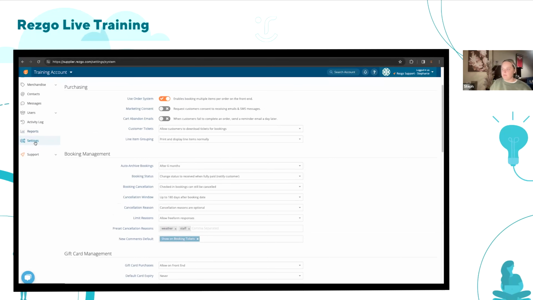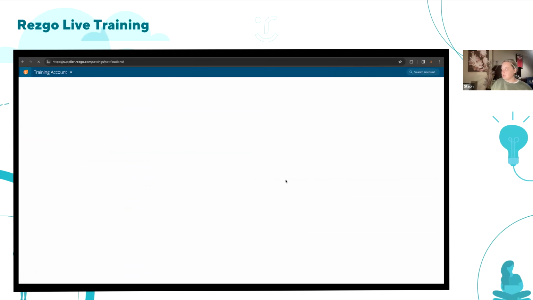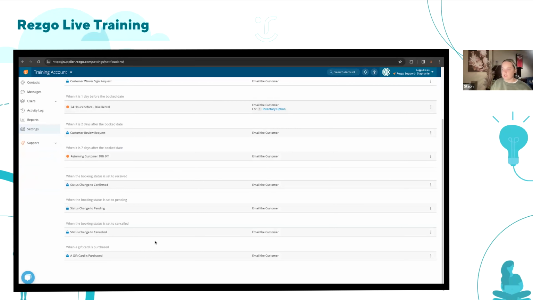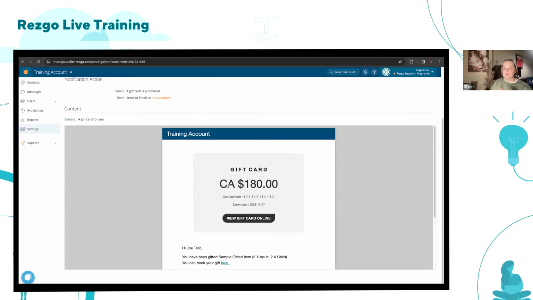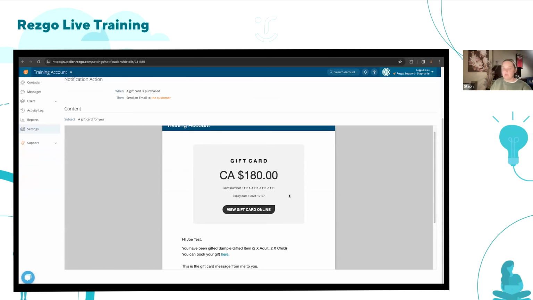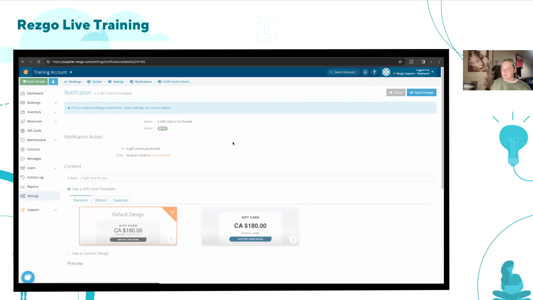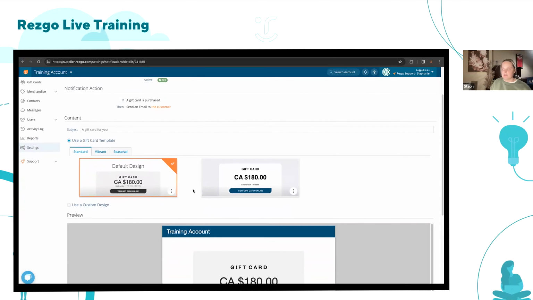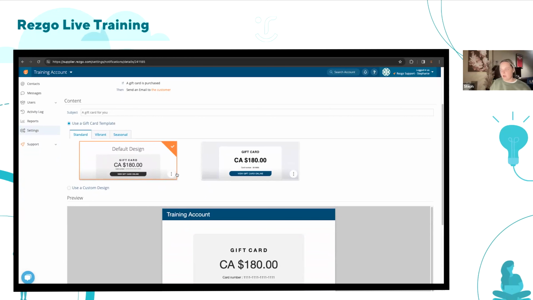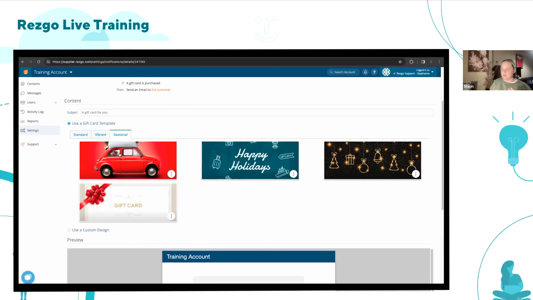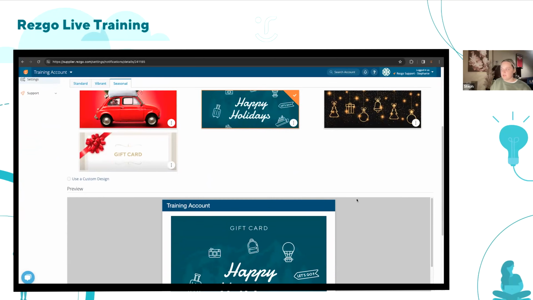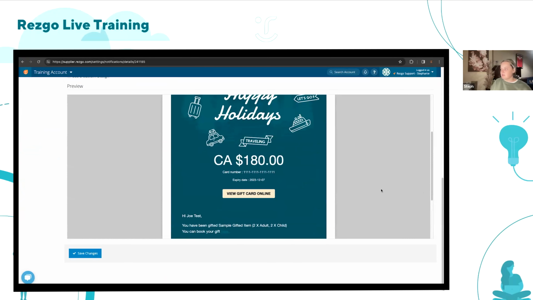With gift cards as well, we've added this feature in gift cards. Like all of your notifications, it can be edited. And this is the notification that goes to the recipient of the gift card. By default, it's a little bit bland, and you can add whatever you want to this, but we have created some custom templates that can be really nice just to add, especially in the upcoming weeks coming up to the holidays. You could just add a theme here called Happy Holidays, and it just automatically applies this to the gift